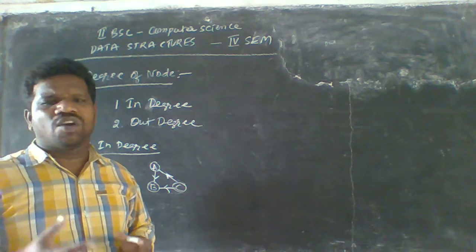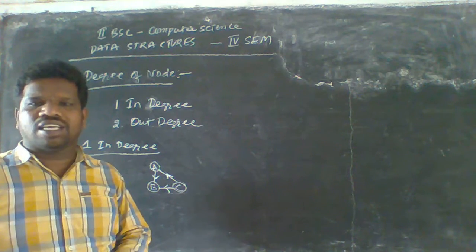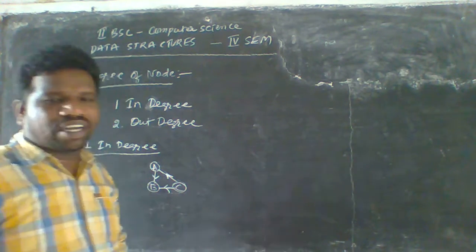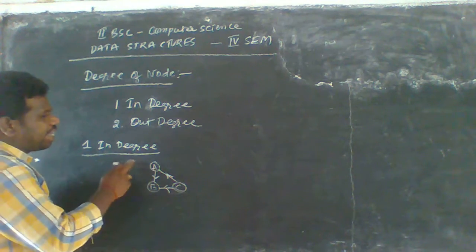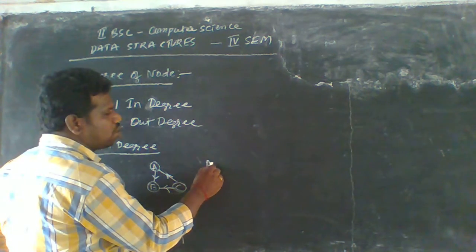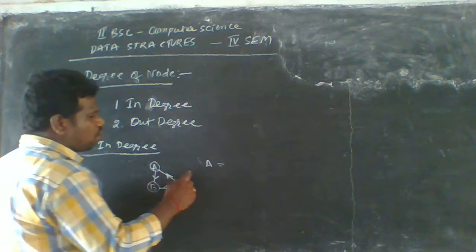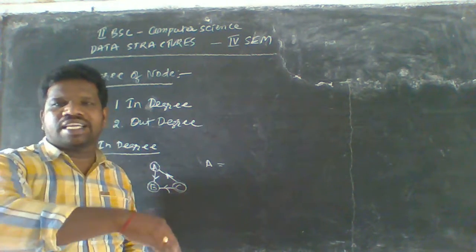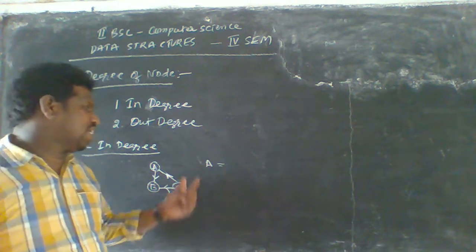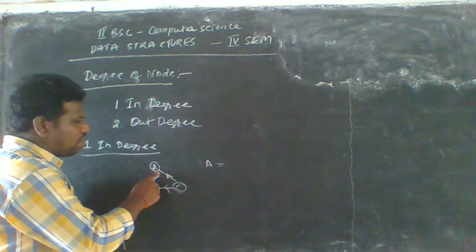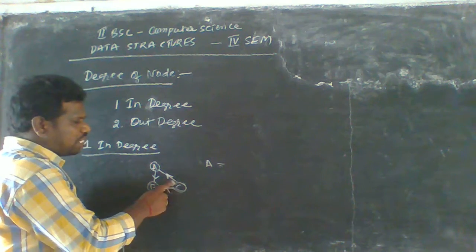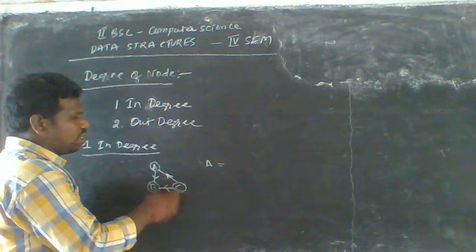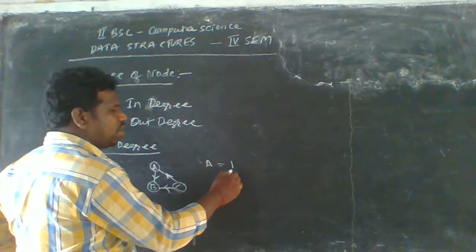So in this session we have to specify how edges come in and how they go out. Let us see the in degrees of A. That means how many edges come to A. In this diagram there is one edge, C to A. This is called only 1 in degree, so this specifies only one edge.